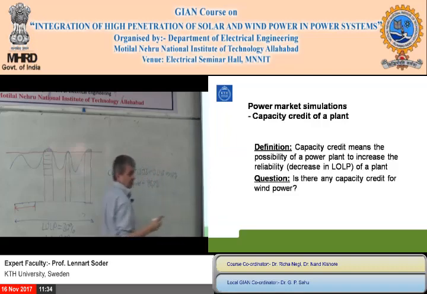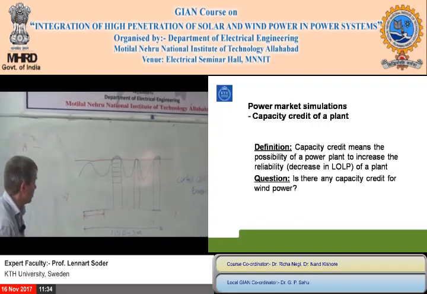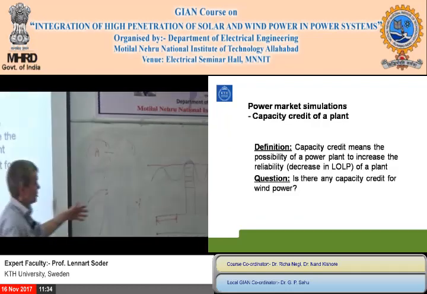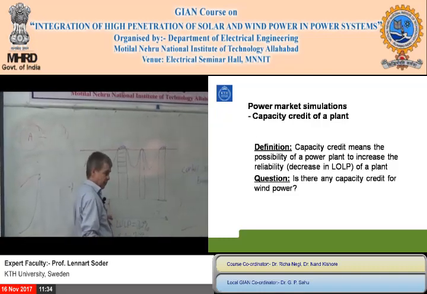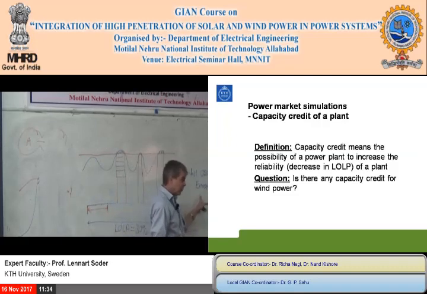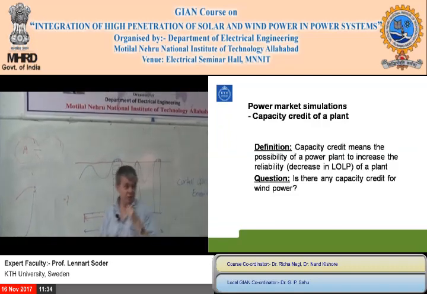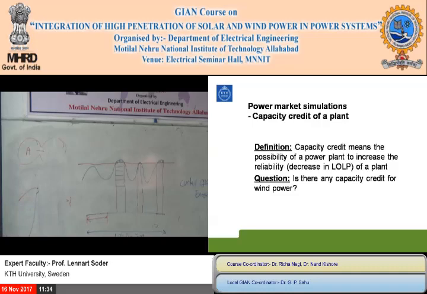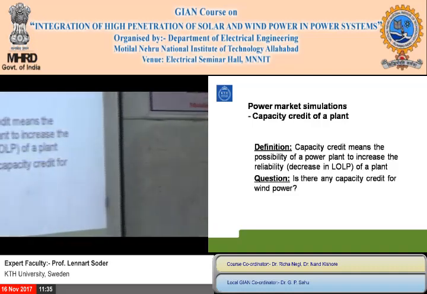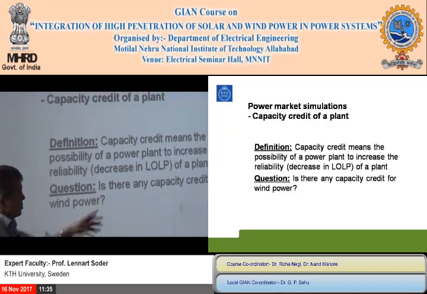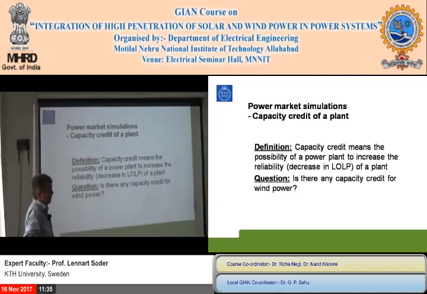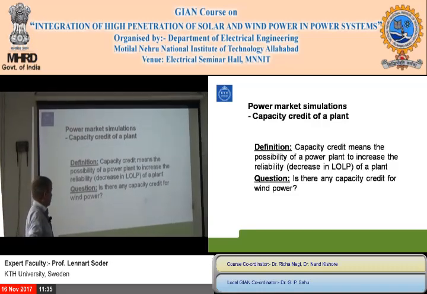And that is, of course, important to remember that when you are talking about a certain thing, if someone says that the reliability is 70%, which is correct from the LOLP point of view, but from the energy point of view it is 98.5%, which of course is a completely different figure. And sometimes we talk about power system reliability, sometimes about the energy and sometimes about the LOLP, and it's of course important to know what we are talking about. But here, the definition is very much,